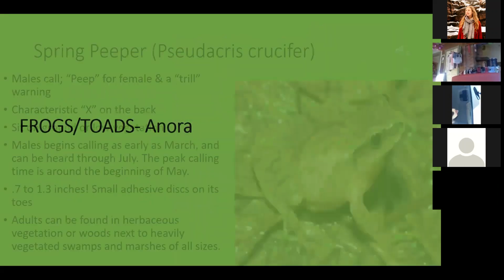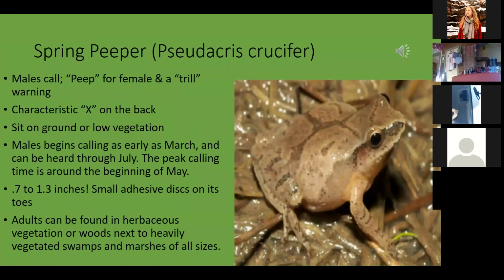Woohoo! I'm trying to go fast so we can get to the other stuff. So the spring peeper, the classic spring sound. A defining characteristic of the peeper is that they have that X on their back. So they're called crucifer because they have that X on their back. They perform a peep or a trill, and I'm going to play the sounds for you so that you can understand them, because